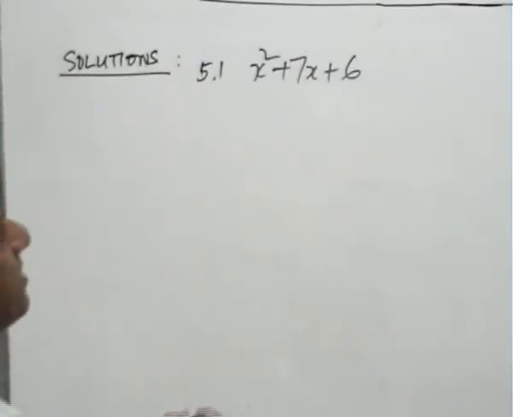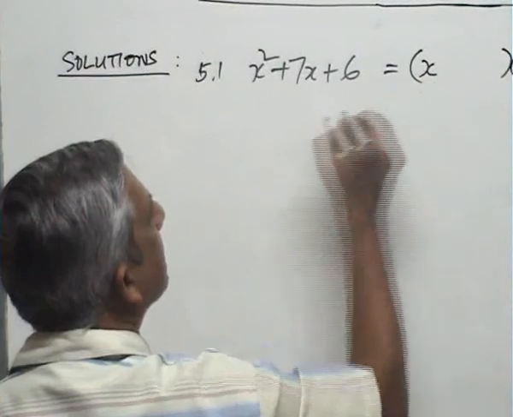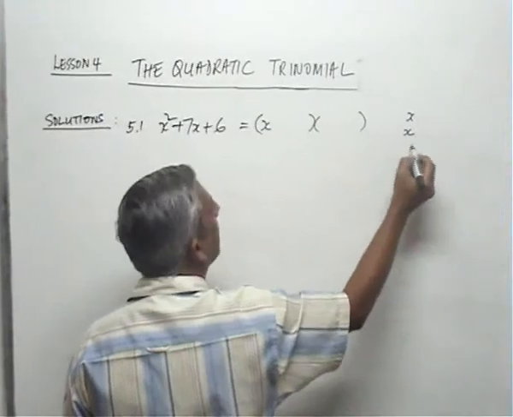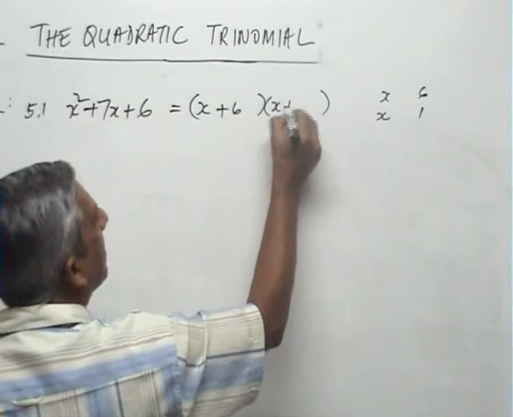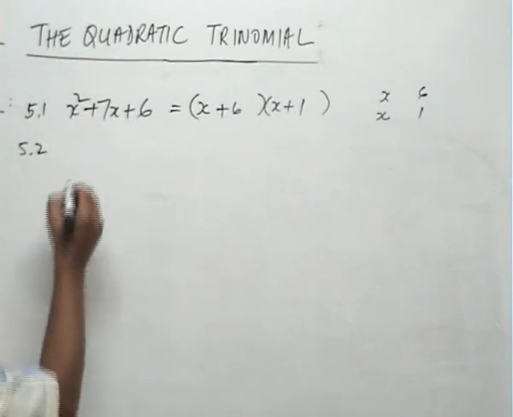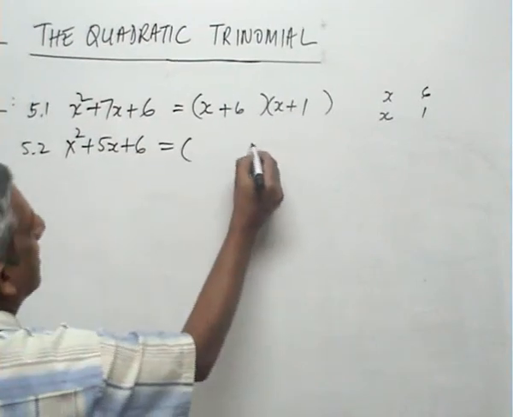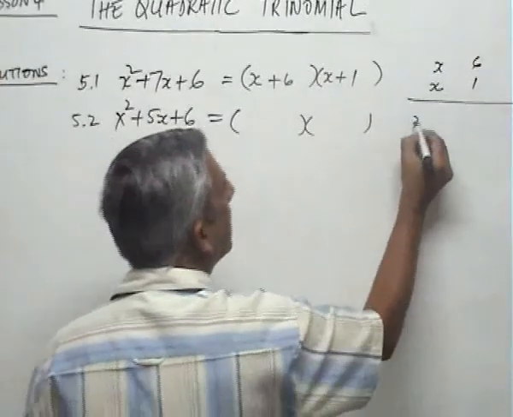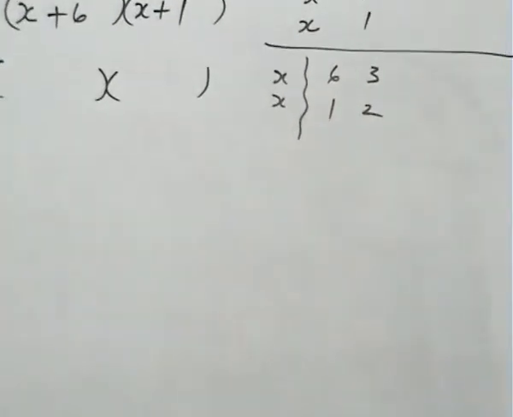Alright, the first one, x squared plus 7x plus 6. Well, you tried whatever you tried and the actual answer is, you wrote x and then you tried 6 and 1. So it's x plus 6, x plus 1, and when you test that, you get your answer. 5.2, x squared plus 5x plus 6. Right, so I'll do this one in detail. Now, for this one, you tried x, and then you said 6 and 1, or 3 and 2, because 6